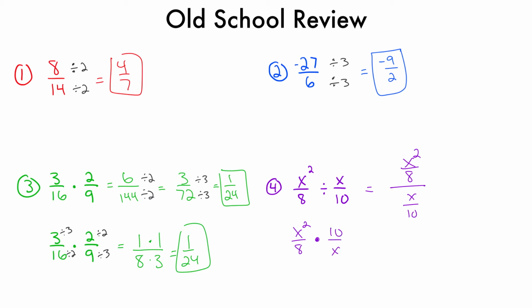And now I can go through the same process I did on problem number 3. I have a 10 on top and an 8 on bottom. They're both divisible by 2. I have an x squared on top and an x on bottom. So I have 2 x's on top being multiplied. I have 1 on bottom. This single x on bottom will eliminate with one of the 2 x's, leaving you with 1 left. Therefore, we are going to have a single x and a 5 on top, which gives us a 5x. And we have 8 divided by 2 is 4 on bottom with no more x's. So our answer is